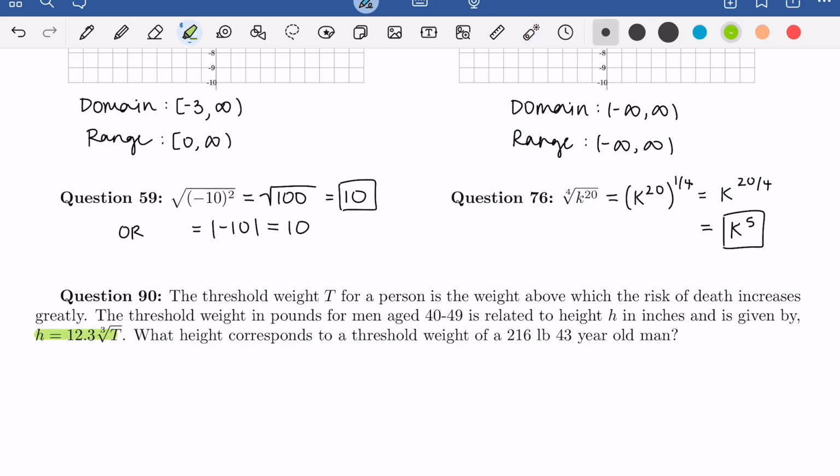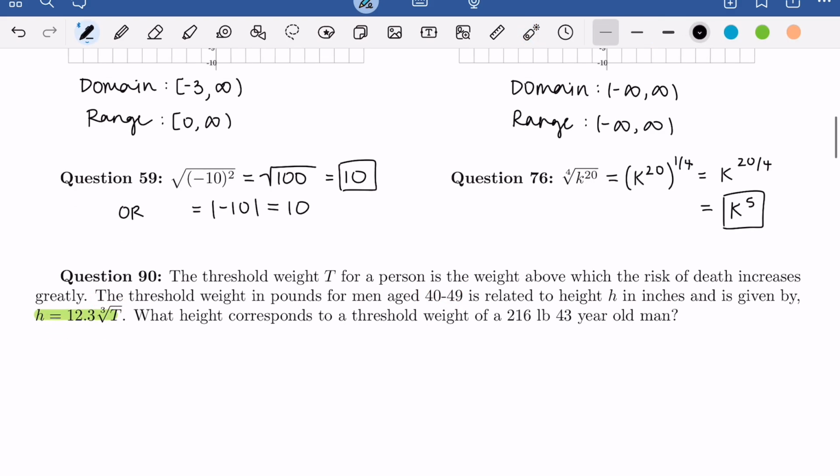So what we want to do is figure out what height corresponds to a threshold weight of a 216-pound 43-year-old man. So this age falls in this age range, so we're going to use this formula here. So we just want to figure out the height that corresponds to a weight of 216 here. So what we're going to do is plug 216 directly into this formula here. So doing so,